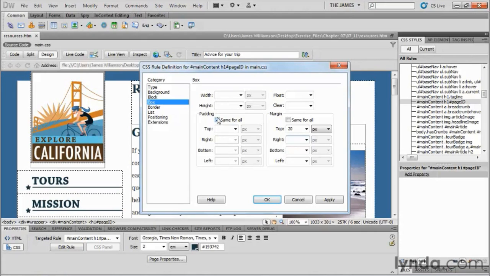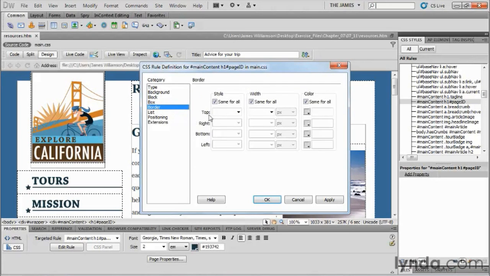And for padding, I'm going to turn off same for all. For bottom, I'm going to type in 0.25 em. There we go. Now, one last little thing here. I want a border underneath it to act as sort of a rule between it and the content below it. So I'm going to go to my border category, deselect same for all, and then we're going to do a